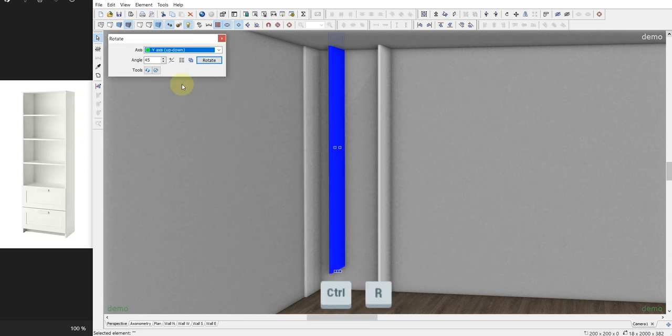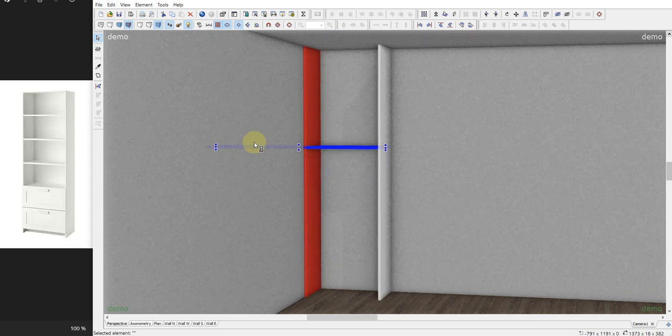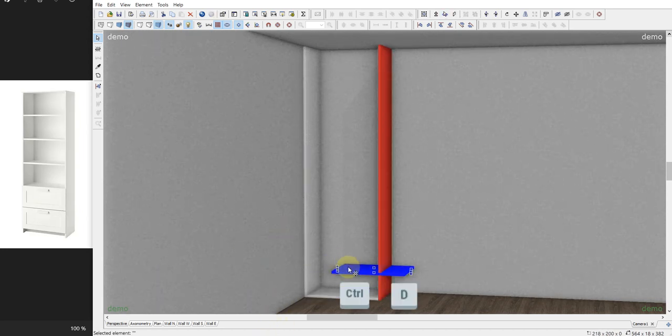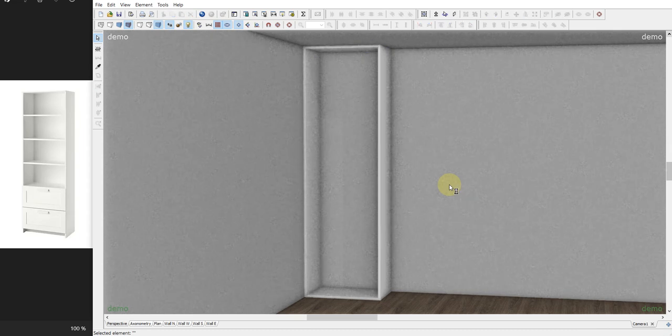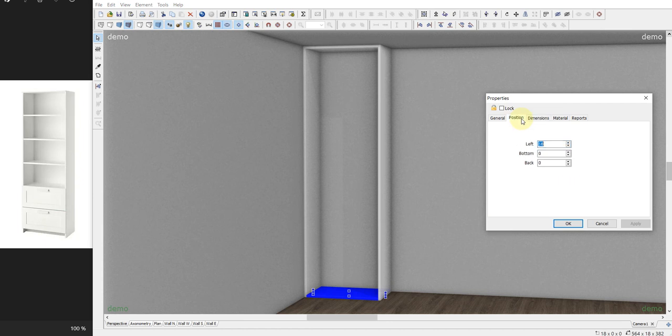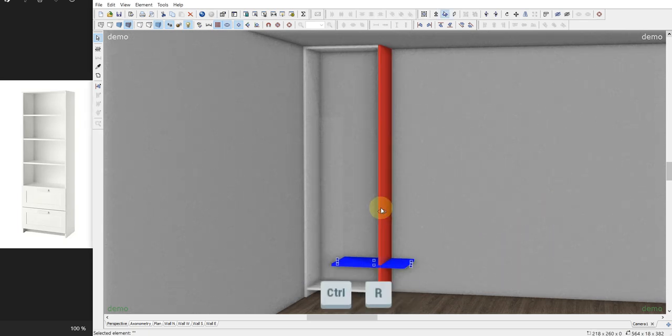Ctrl D, Ctrl R. We have to rotate our element, Z-axis, rotate twice. And then stretch it in the length. Put it here, Ctrl D, and here. We have to raise the bottom. Click twice, position to the bottom, 60. Okay, again, Ctrl D, Ctrl R,